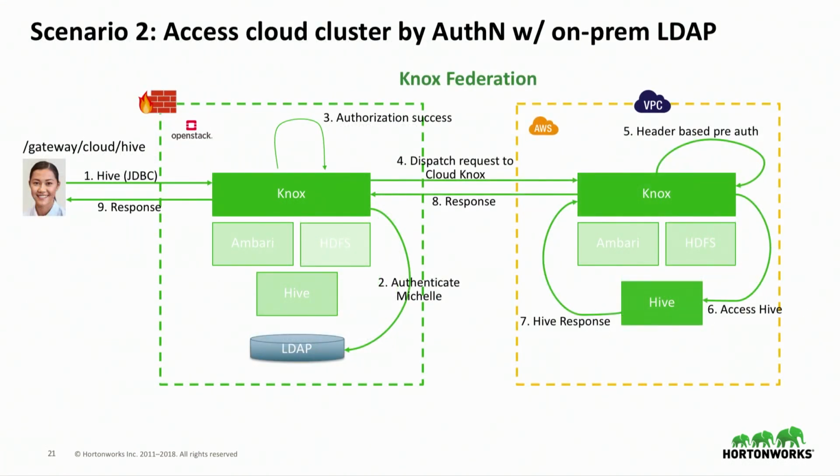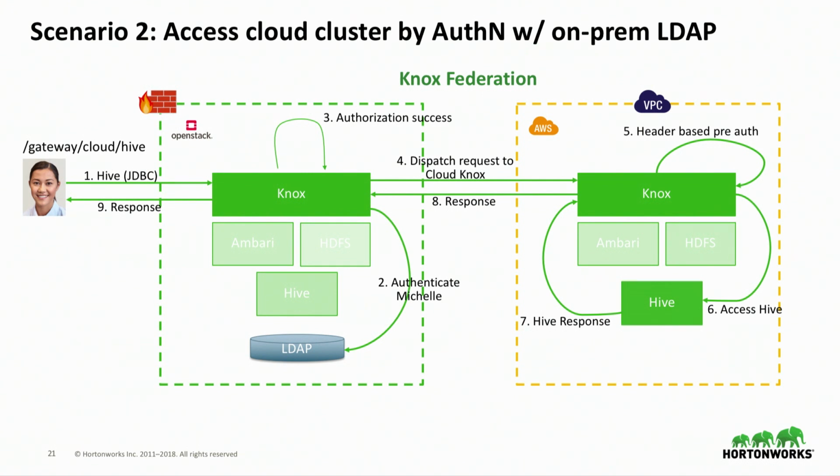This is scenario number 2. Now here we have Michelle. Michelle has only access to the AWS cluster. Now she does exactly the same thing as what Kate did. She comes in and connects to the on-prem Knox instance, and she logs in. She will be authenticated using the on-prem LDAP, just like Kate. So she gets authenticated with on-prem LDAP, and then Knox does the authorization. And if the authentication and authorization are successful, then the request will be dispatched to the cloud Knox cluster,